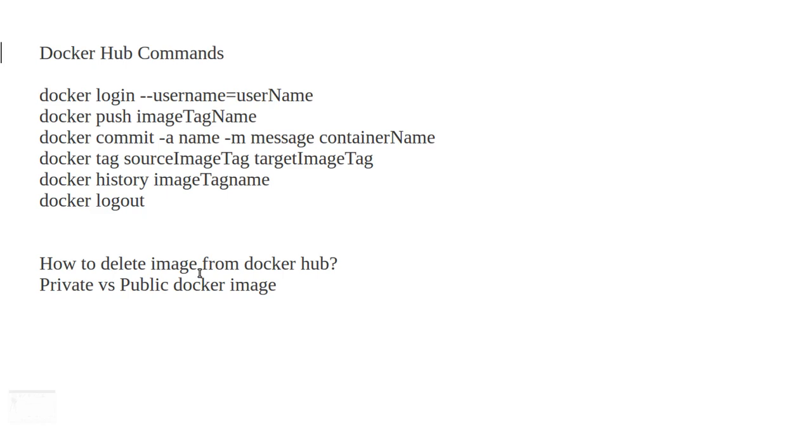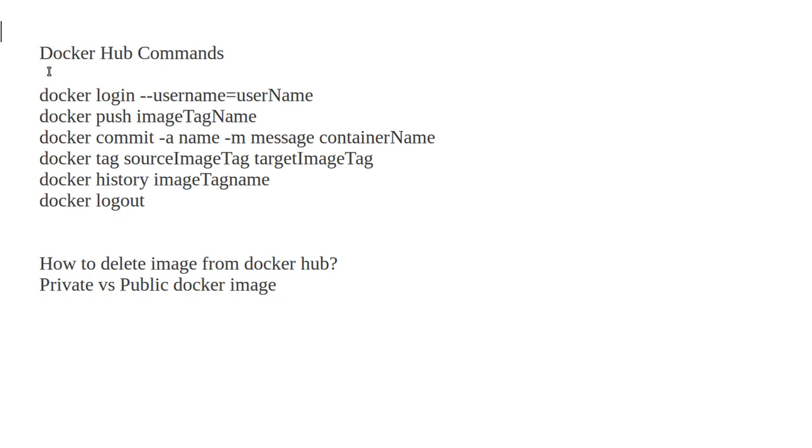In this particular video we are going to cover Docker Hub. What exactly is Docker Hub, and how can we use it to push images and pull images, and how can we maintain the different versions of Docker images using this particular cloud application? So in short, we are going to cover the following commands: docker login, docker logout, which